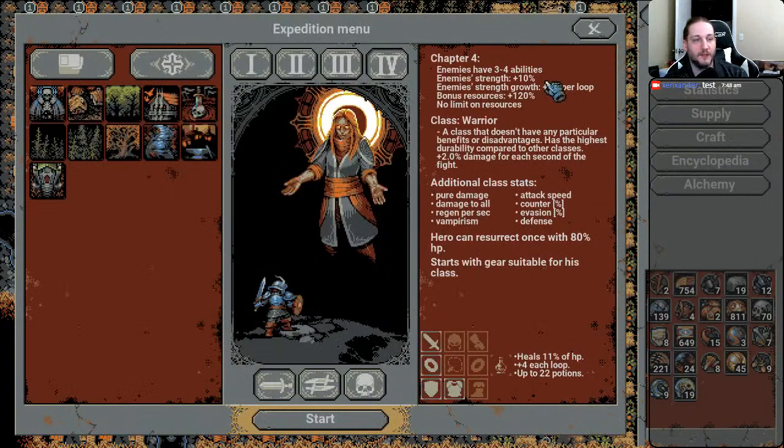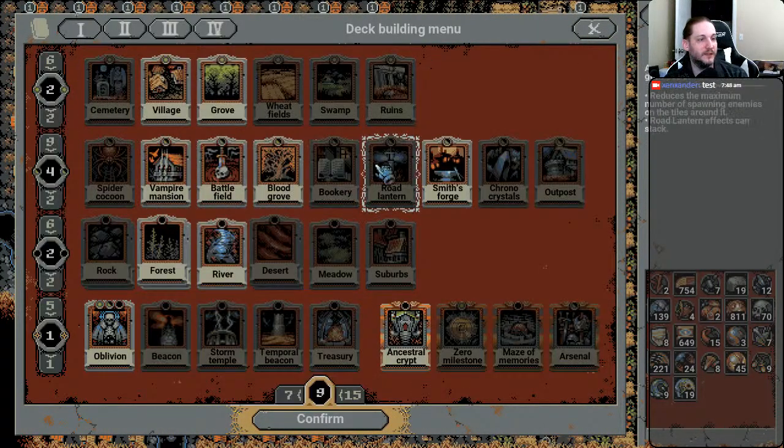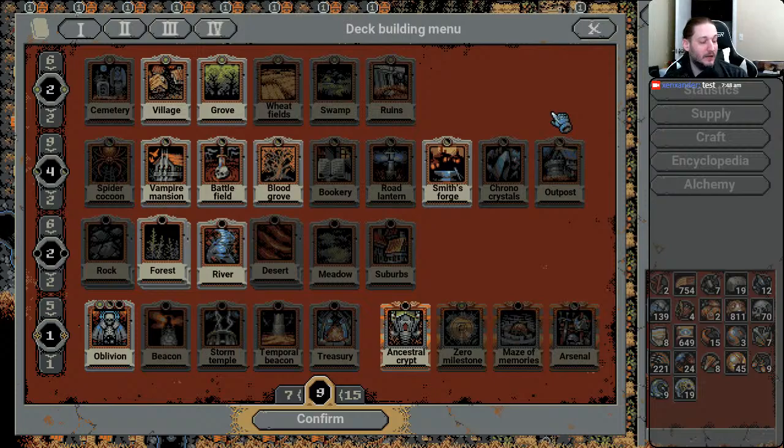Encyclopedia stats. Build expedition. We're going to do the 4th one, and we're going to look at the deck. This is a very simple deck. It's very small. Village and vampires don't use beacons, but if you want watchers, watchers drop some resources for you, so you might want them, but you can't do vampires with beacons. So I'm not using beacons. But